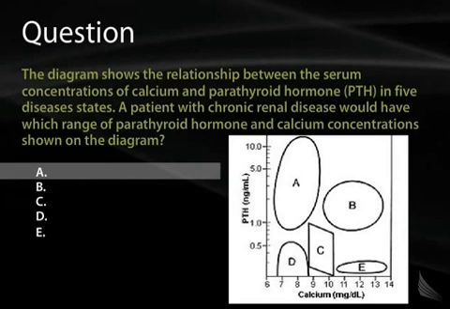Option C is depicting what the normal ranges of calcium and PTH are, whereas B shows primary hyperparathyroidism, where you have a high calcium and a high PTH. So indeed, in this case, it is the high PTH that's driving the high calcium. Option number D is consistent with primary hypoparathyroidism, because you have low calcium and low PTH,